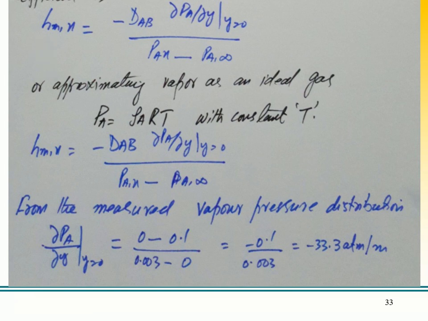hm,x equals minus DAB times the partial derivative of PA with respect to y at y equals 0, divided by PA,s minus PA infinity, approximately treating vapors as an ideal gas. So PA is equal to rho A R T with constant T. So hm is equal to minus DAB times the partial derivative of PA with respect to y at y equals 0, over PA,s minus PA infinity. From the measured vapor pressure distribution, which is given to you, dPA by dy, if you see here,